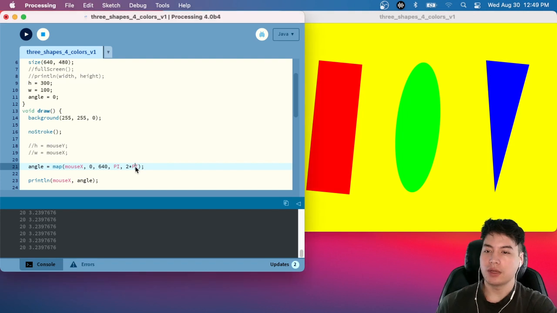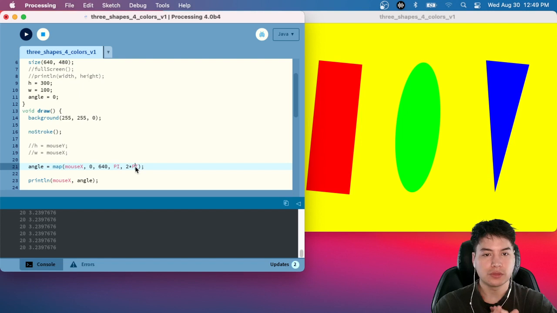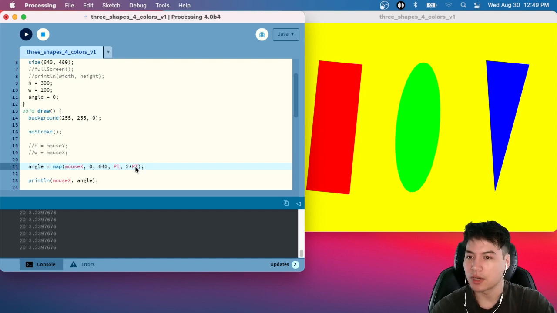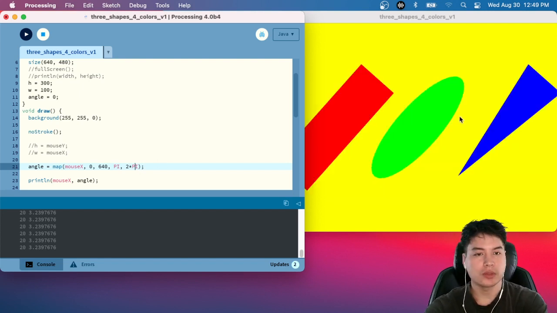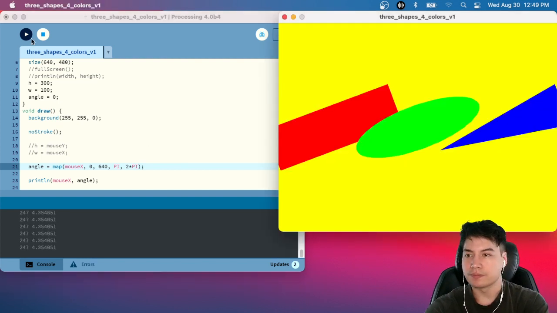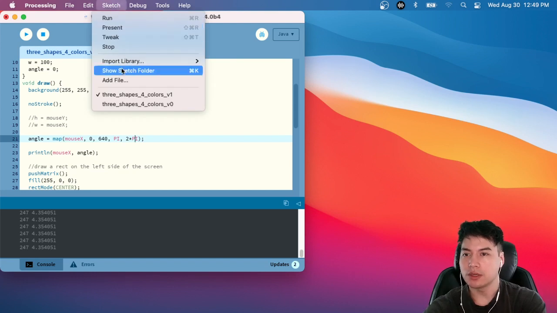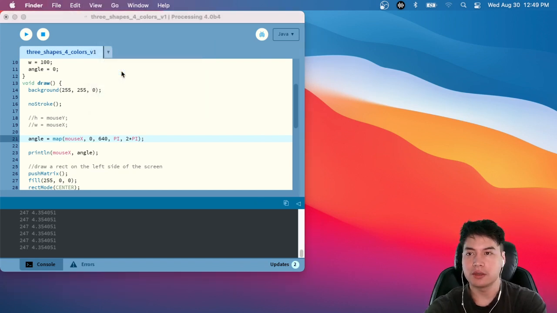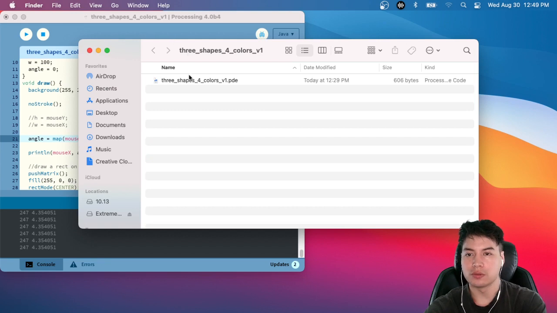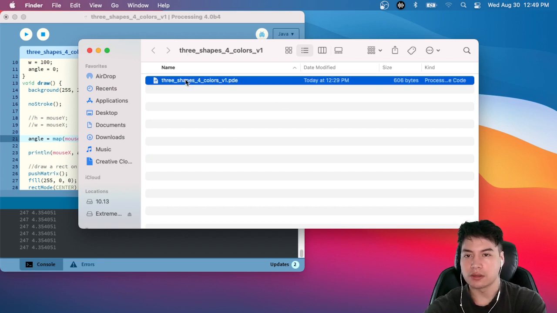Okay, great. So now you know how to get some mouse input, you know how to rotate and translate your shapes, you know how to use your own variables. Let's wrap up today's video by looking at how we can save some still images. So in order to do that, you have to have saved your project, which I think we did a little bit earlier. But as long as you've done that, then Processing will have created a sketch folder for you, which is going to contain the sketch itself,